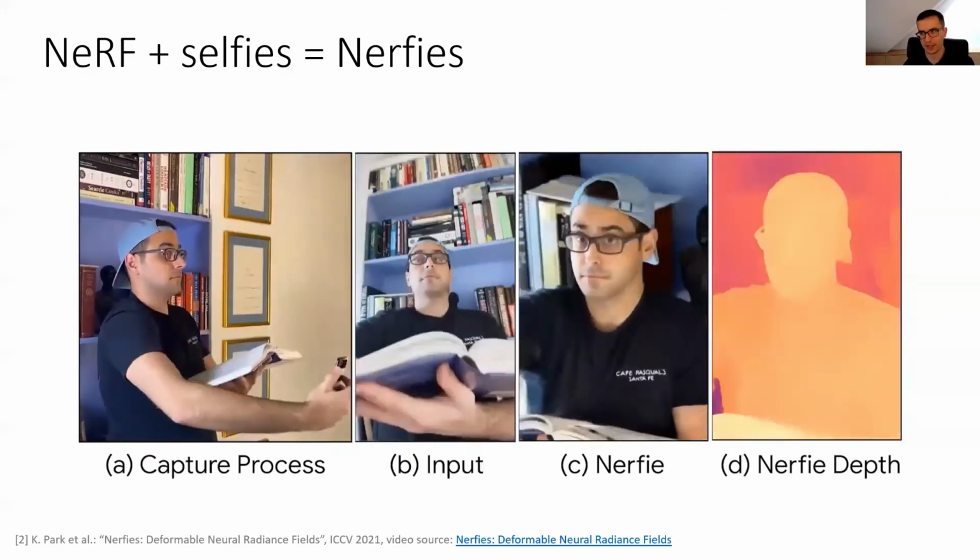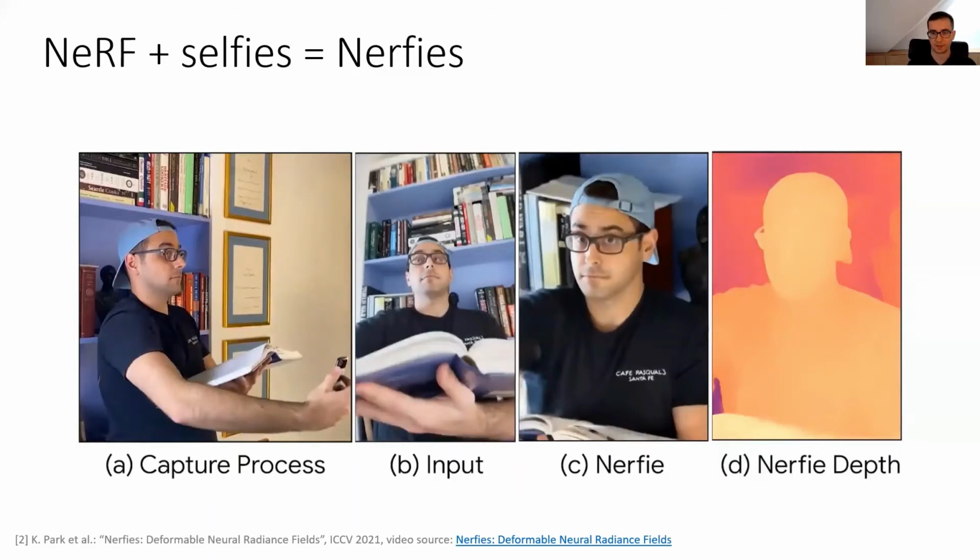NeRF does exactly this. Well, not exactly, because the person cannot remain exactly static for the whole duration of the capture. And because of this, they will move their head, they'll move their eyes, the hand holding the camera will become visible, maybe in the camera. The NeRF will be very blurry because of all this motion. So what this paper proposes really is a way to deal with this motion, to deal with NeRFs